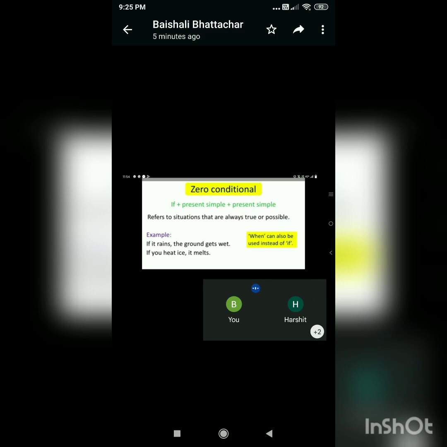And you can write: if it rains, the ground gets wet. If you study, you get good marks, like this. Okay, that means a reason, that means true. If you are doing this, that is not done till now, but it may happen that if you do this, then you will get the result. These are the possibilities. Okay, did you understand? Karan, Shikha, Harshit, do you have any question regarding these two sentences? No, ma'am. Okay.